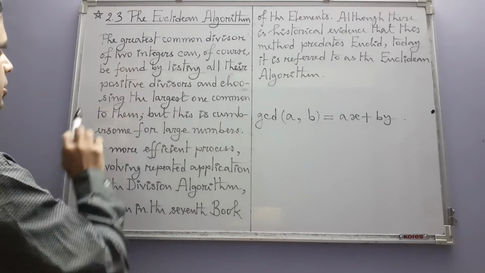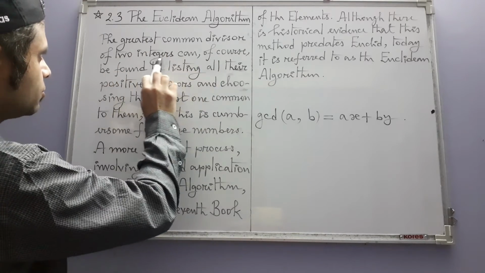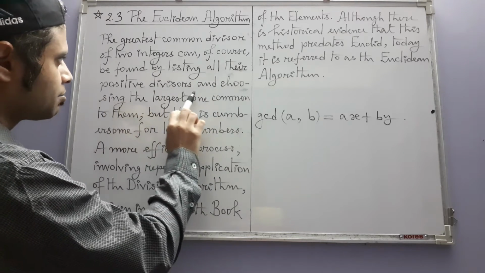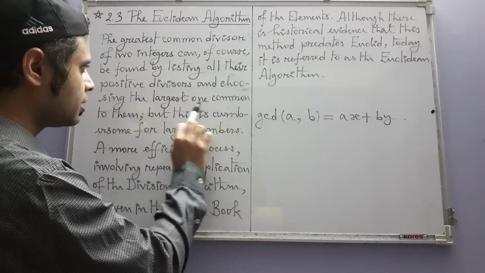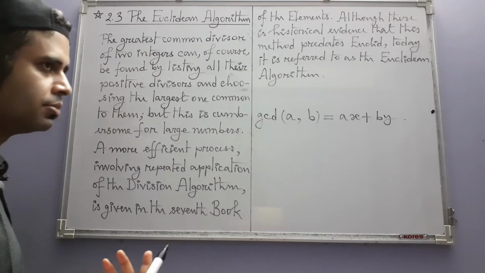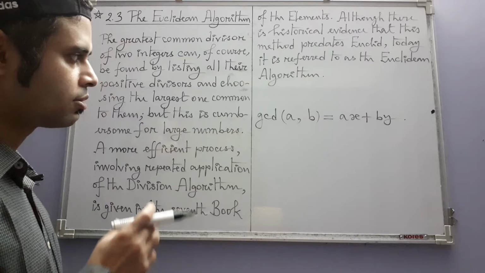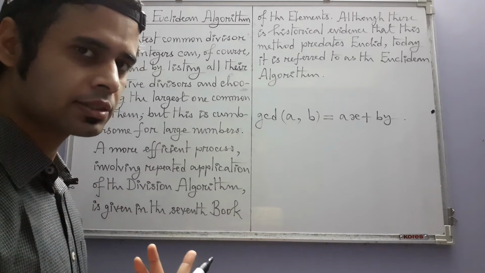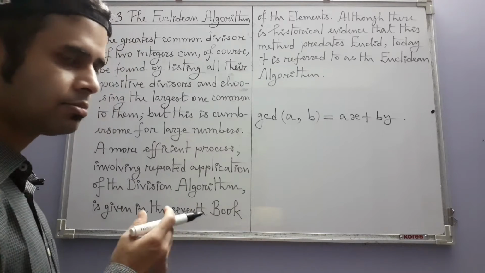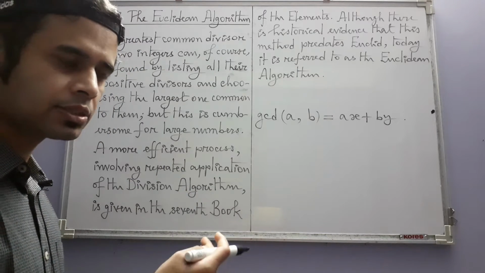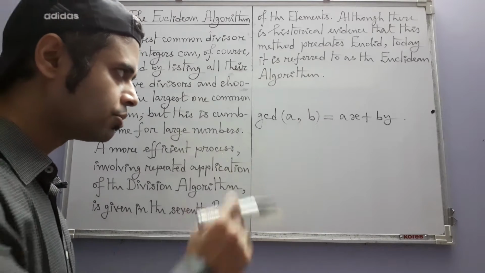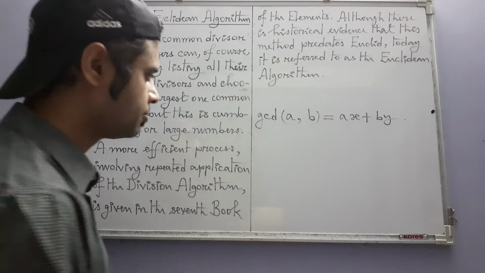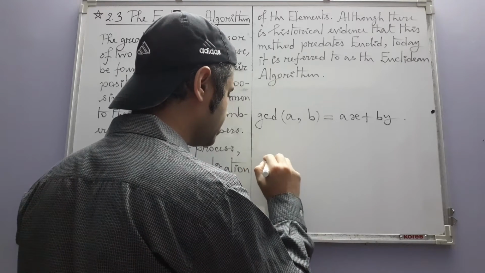See, the author says the greatest common divisor of two integers can of course be found by listing all their positive divisors and choosing the largest one common to them, which is just what the definition says, or which in fact even the name itself says, greatest common divisor. That means you find all the positive divisors which are divisors of both the given numbers, and you find the greatest one among them. For example, if you say take these two